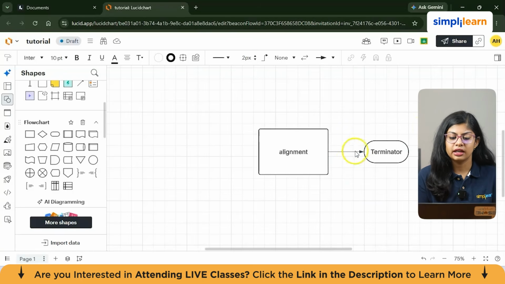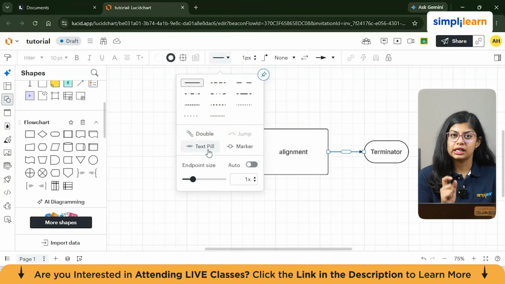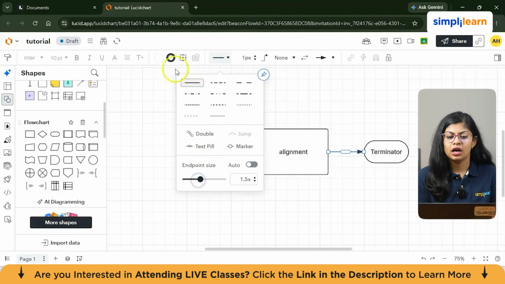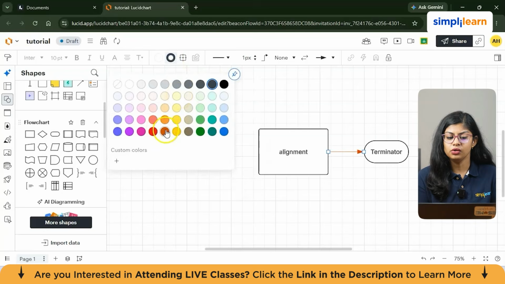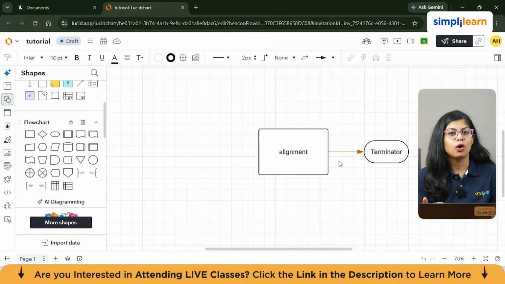Now again, the connectors also, we can change the shape, size and color as well. So you have dotted line, double line, text fill. You can mark any kind of text inside the thing, and the size you can change it. And as well, colors are also changeable, and the gaps and the kind of arrows that you prefer to use in this. Now, Lucidchart automatically creates a connector link between them. This is one of the most important skills in Lucidchart because almost every diagram is built from shapes and connectors.